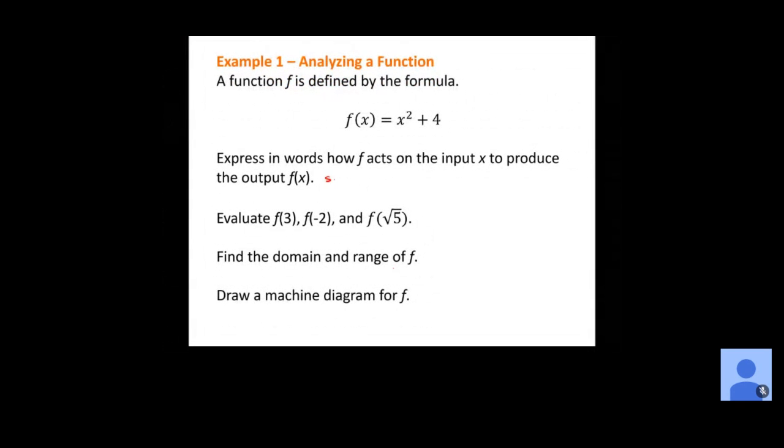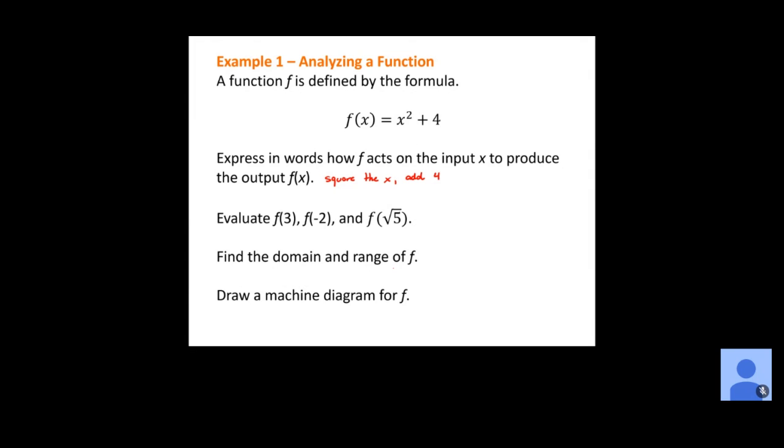There we go. Square the x. Okay, and then after we square the x, what will be the next thing we would want to do? Add the 4. Good, right? So those are going to be our 2 steps for this function here, right? You would square the x value, and then you would add 4 to it.